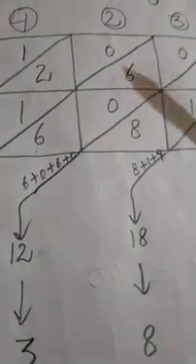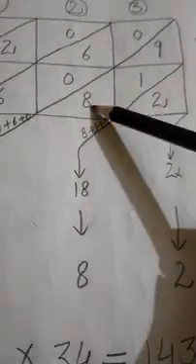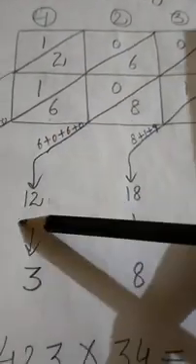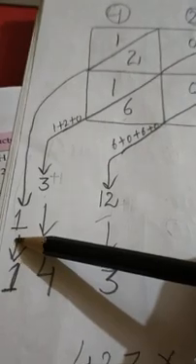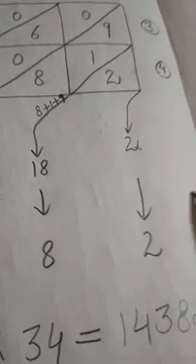Then after that we will add these up diagonally. The first diagonal has only 2, so it will be 2. Then there are 3 digits in this diagonal, 8 plus 1 plus 9, here will be 18. Then there are 4 digits in this diagonal, 6 plus 0 plus 6 plus 0, here will be 12. Then here 0 plus 2 plus 1, here will be 3, and this diagonal has only 1. So how to write the answer? You can see here is 2 only. Here is 2, here is 18, here is 12, here is 3 and here is 1.